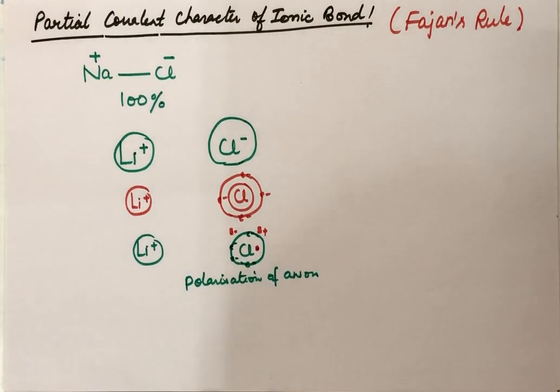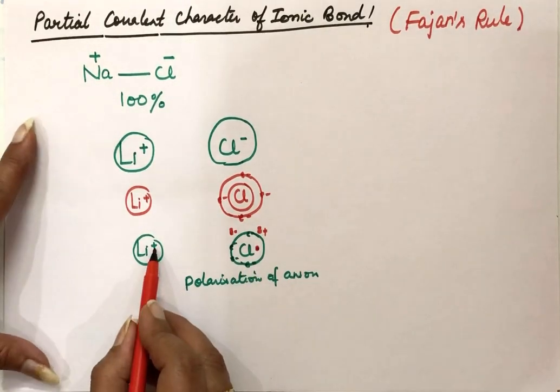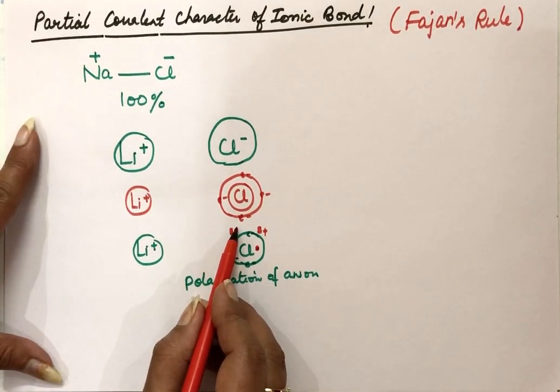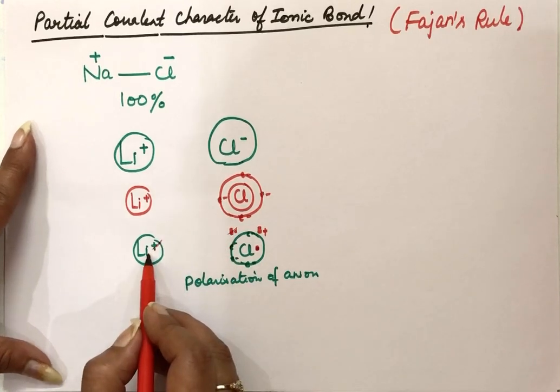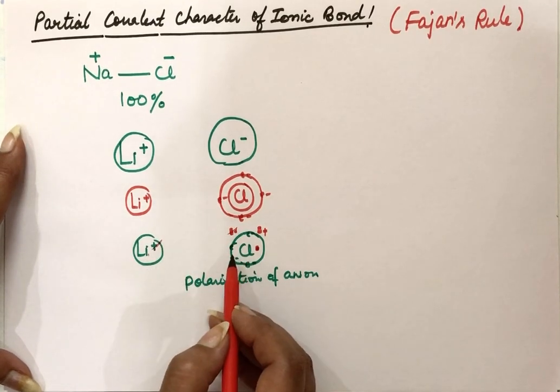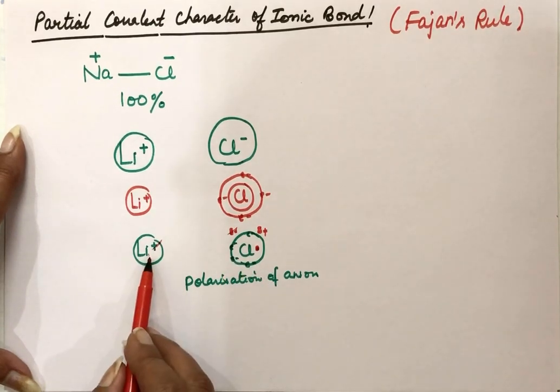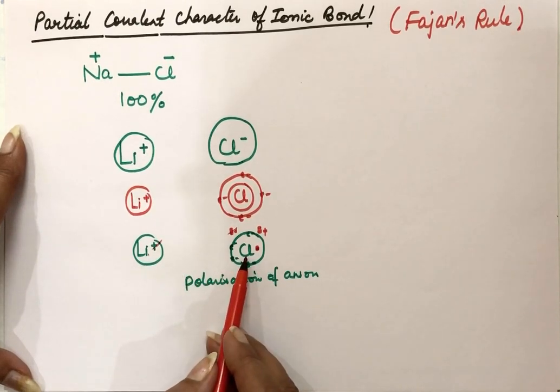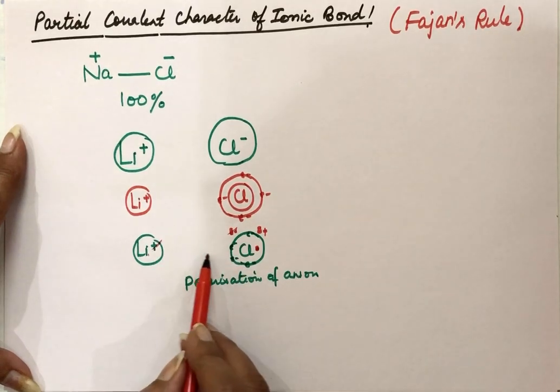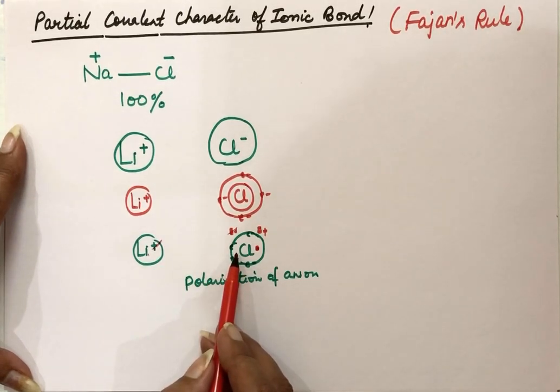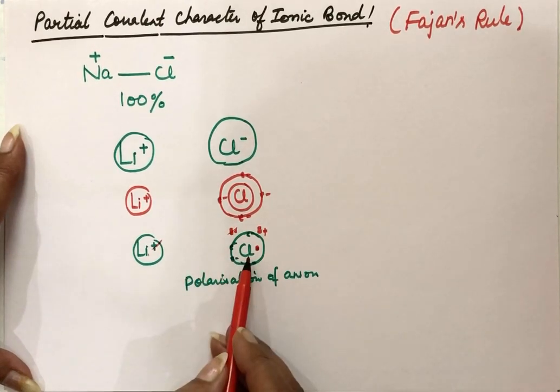How will the charges get neutralized here? This positive will be neutralized by this negative now. They are neutralizing each other's charge. A little bit of charge will decrease and now from ionic character they will move towards covalent character. So the polarizing power of this cation and the polarizability of the anion, and hence the formation of covalent bond is favored. And there are some factors which will favor the formation of covalent bond.